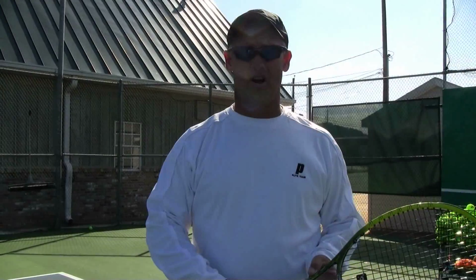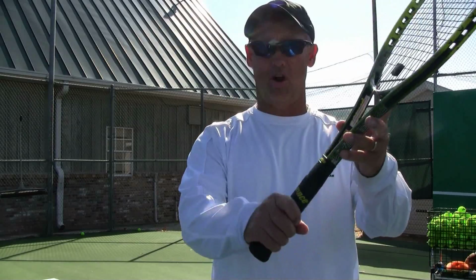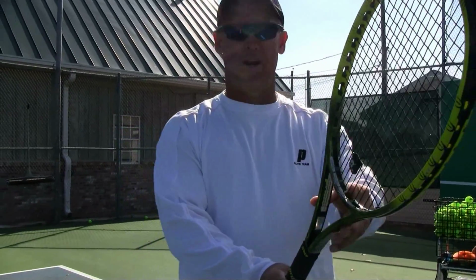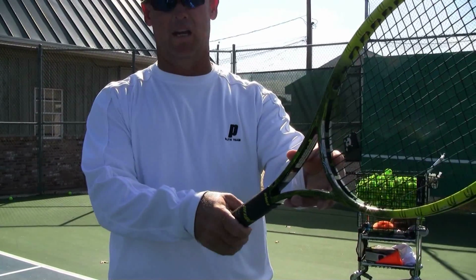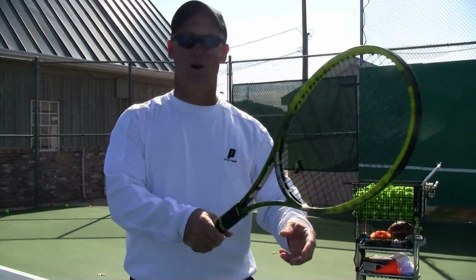The last stroke we're going to talk about today is going to be the serve. Very similar on the grip like the volleys, the forehand and backhand volleys. We're going to use a neutral grip, which is called the continental grip, where the racket is straight up and down in kind of a shake hands position, like you're shaking hands with the racket. And then the basis of the stroke, I'm going to,